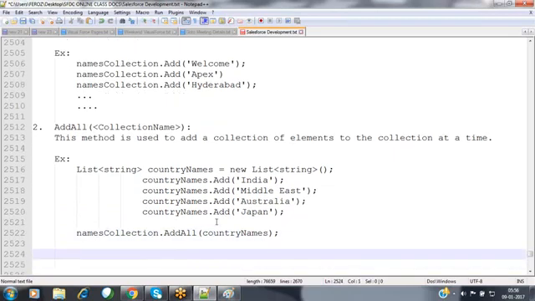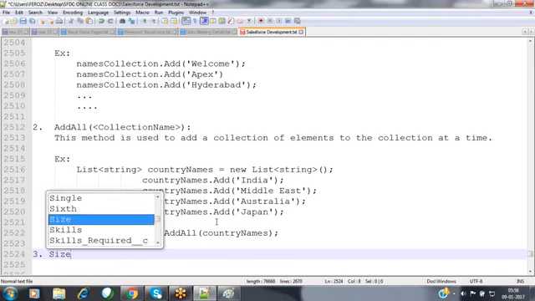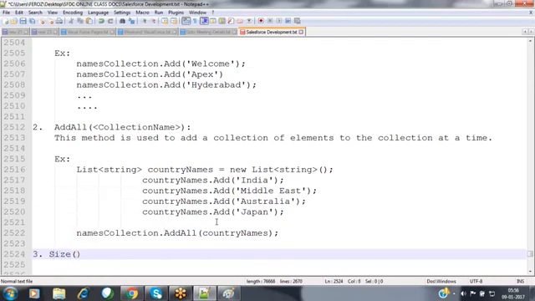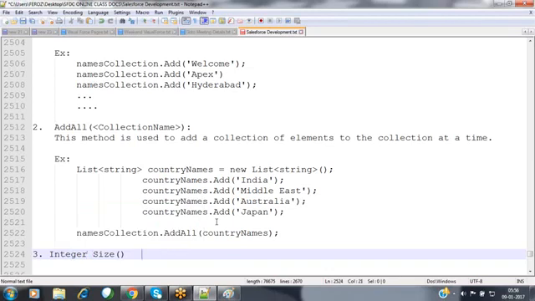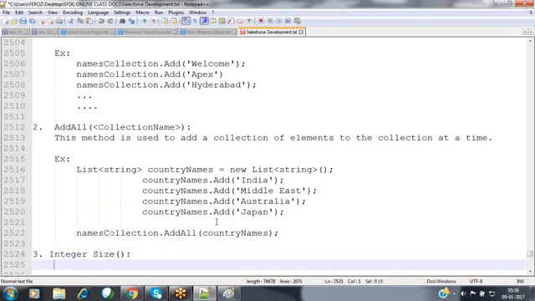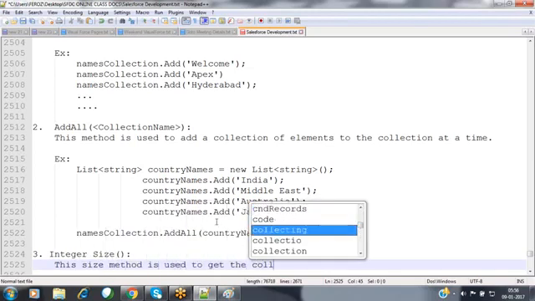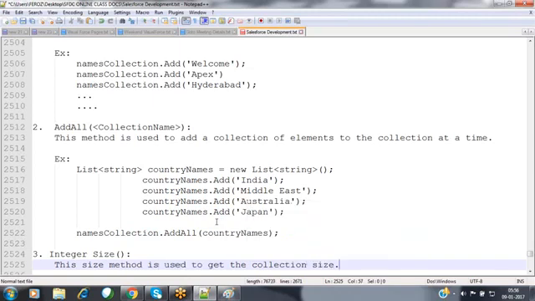Now, the third method is the size method. Integer size method. What exactly is the use of this size method? The size method is used to get the collection size.